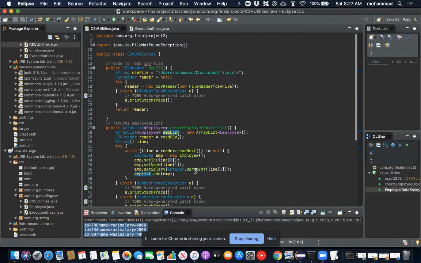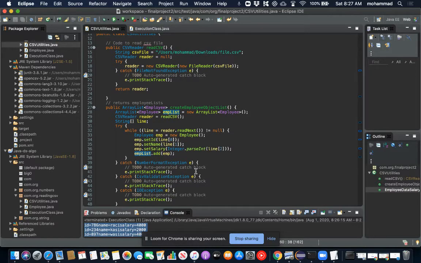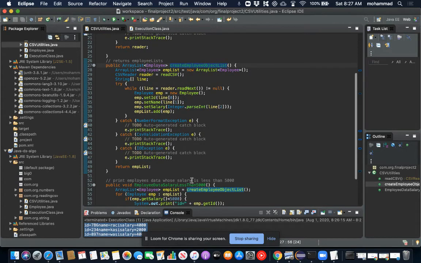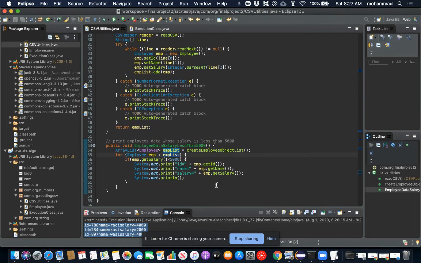And this is how we have refactored it. And if you look at it, it is much more readable, divided. Now someone comes to your project and looks at your code, he can see what you are doing. Read CSV, you are creating an employee object list and iterating through that list to print the data. So that's it. This is all we have for code refactoring. Thank you.